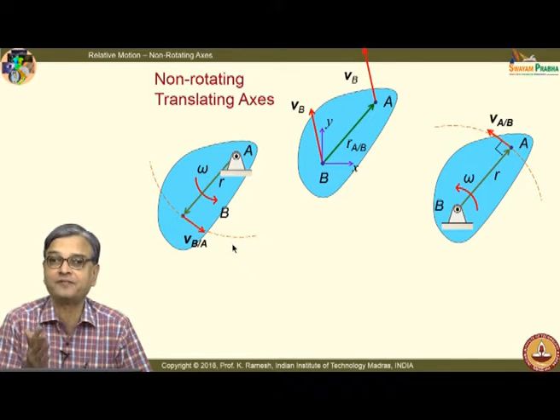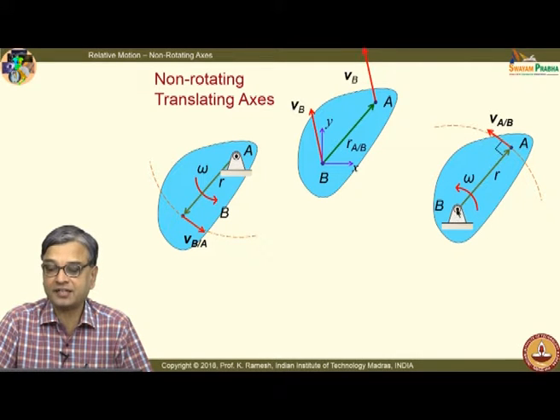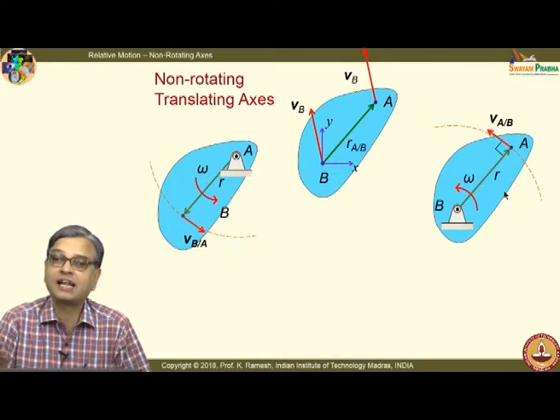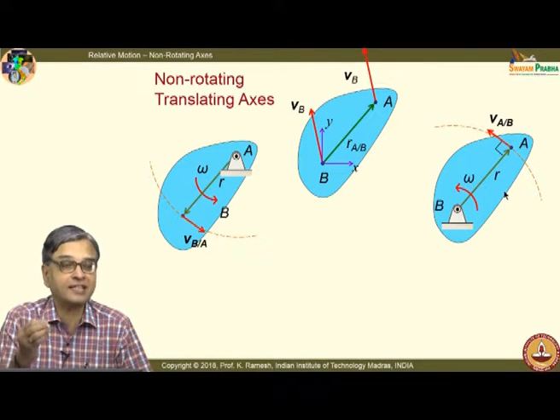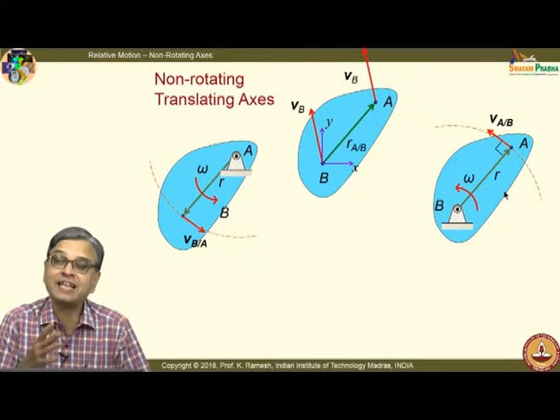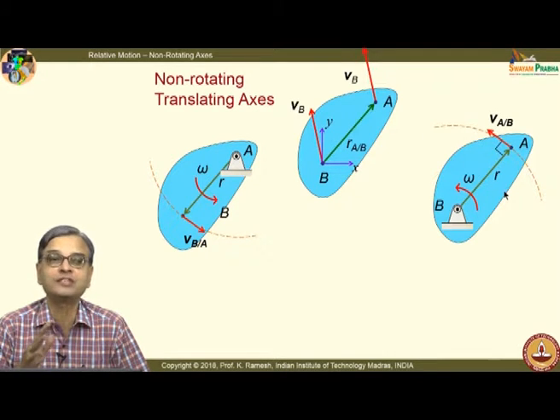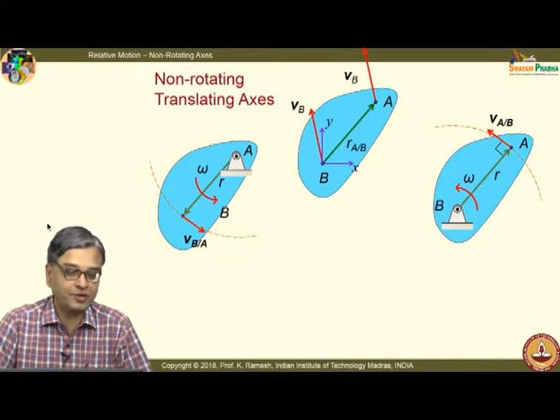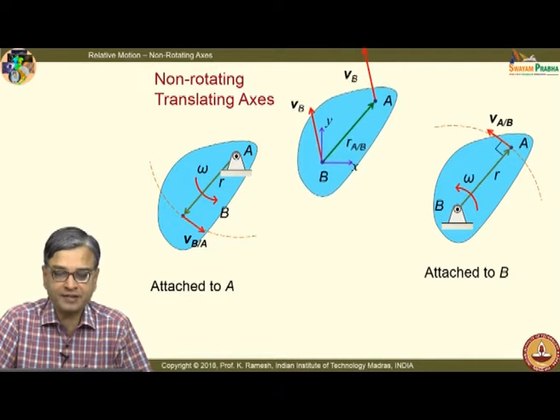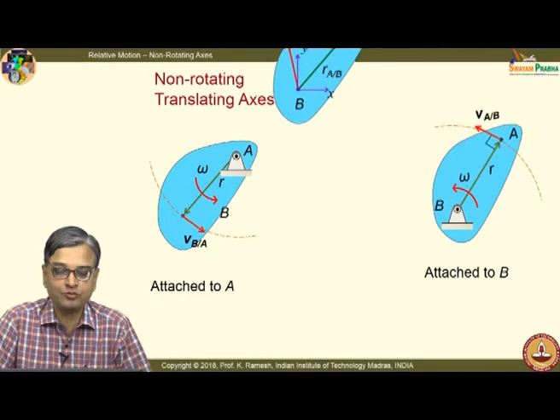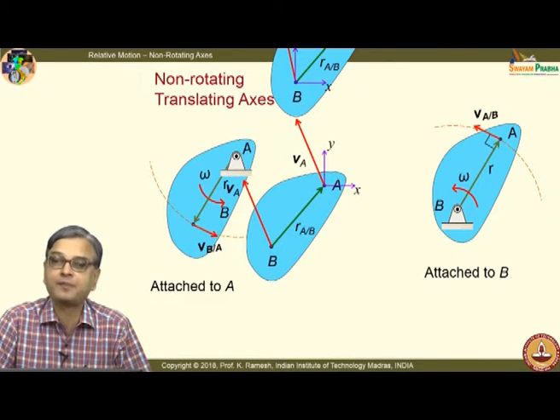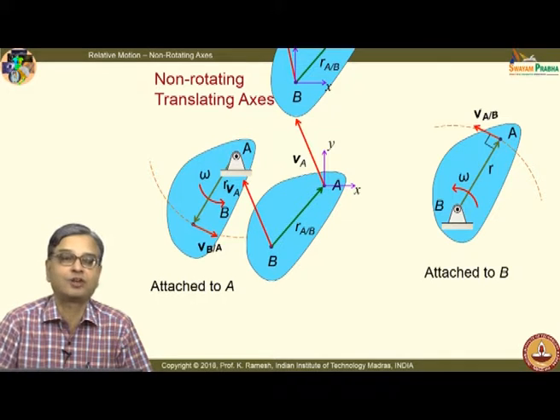So, there it was different, and the distance r remains constant. On the other hand, in this case, it is coincident at the instant of time, and it varies as a function of time. Nevertheless, because of the strength of our understanding of the constrained motion, we have been in a position to write a relative velocity equation. So, the situation what we saw earlier was different, and what we are going to use now is different. Ultimately, I am in a position to write the relative velocity equation.